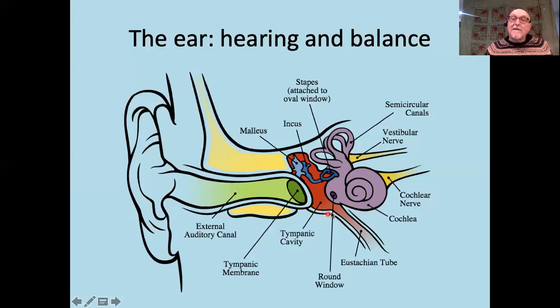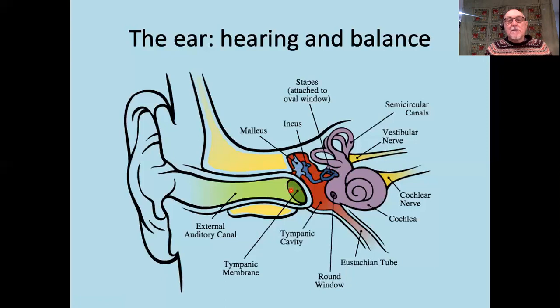The next part of the ear is this part here, and it's called the middle ear. And the middle ear is filled with air, with gas, and it has three small bones. They are the malleus, the incus, and the stapes. In common parlance, the hammer, the anvil, and the stirrup. And the stirrup there is the smallest bone in the human body. We'll see it again in a minute. There's three bones linked closely to one another.